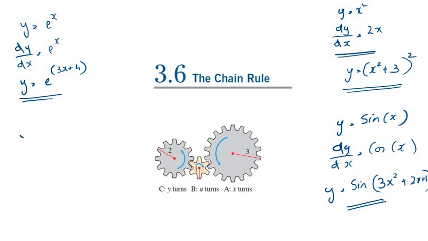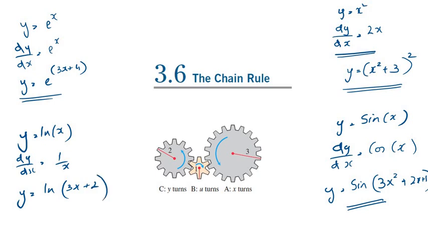Another example would be if y is equal to ln x, we know the derivative dy over dx is equal to 1 over x. But if we have a function of this nature, y equals ln where the x is replaced by a function of x, for example 3x plus 2, then we have to use the chain rule to